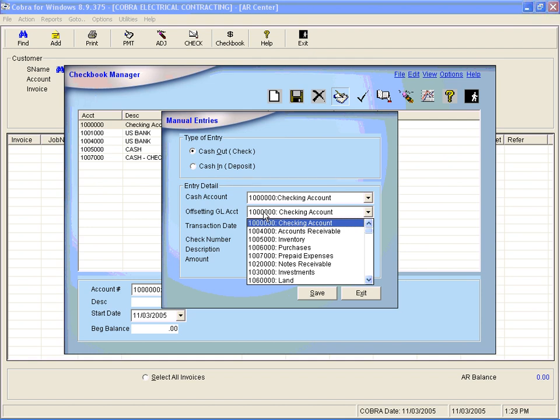Now, keep in mind that anytime you enter manual entries into the checkbook, it does create unposted batches in the GL. Now, when you're just setting up your Checkbook Manager, you will not want to post any of those entries in the GL because they're already accounted for accounting-wise by the rest of the system. So keep that in mind. You may want to go and delete those unposted batches in GL after you're done here. But anyway,